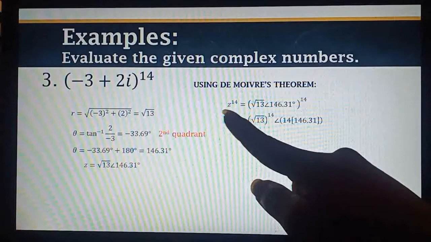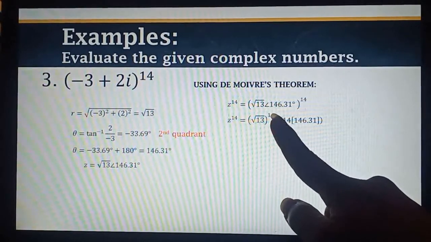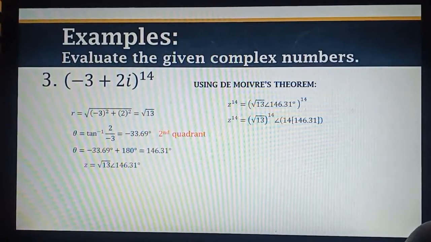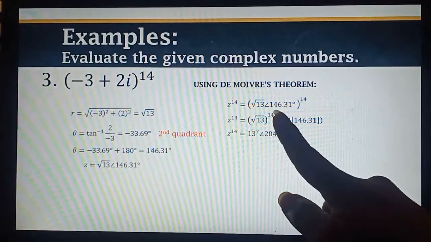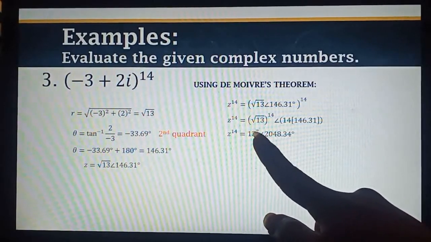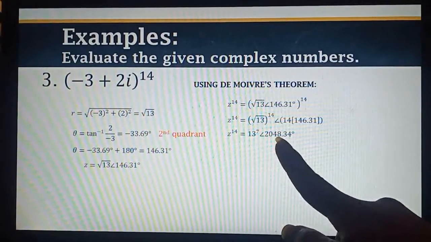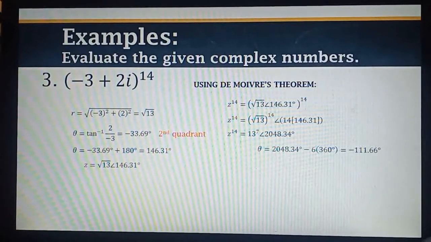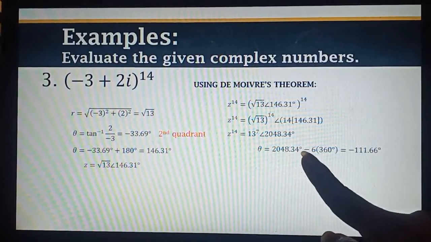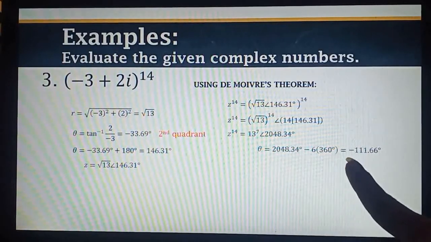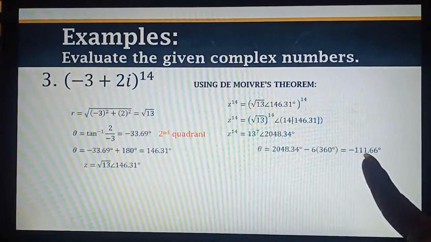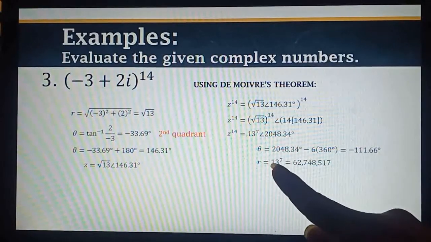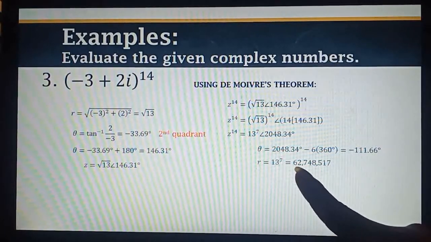So magiging square root of 13 raised to 14 at angle 14 multiplied to 146.31. So that will be 14 over 2, that is 13 raised to 7 at angle 2048.34. So simplify ulit natin si angle. Angle is 2048.34 minus 6 times ni 360. That is equivalent to negative 111.66. So ngayon, the r, which is 13 raised to 7, that is equivalent to